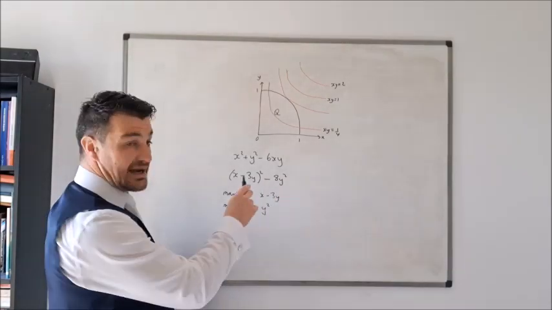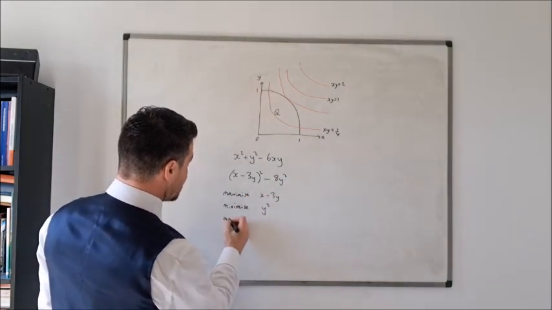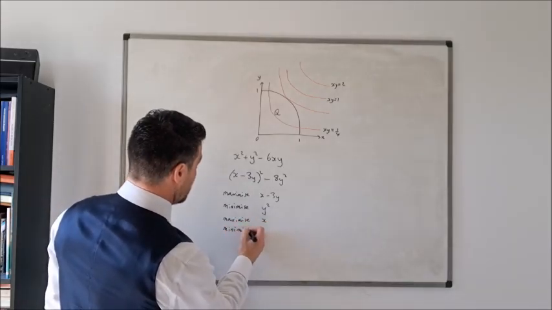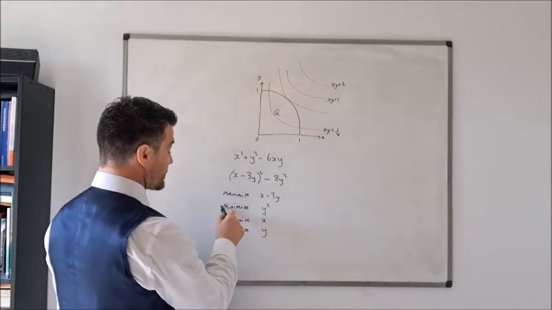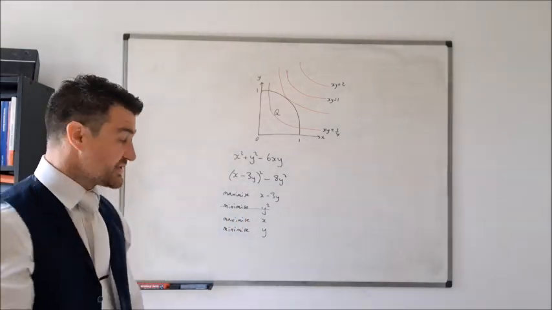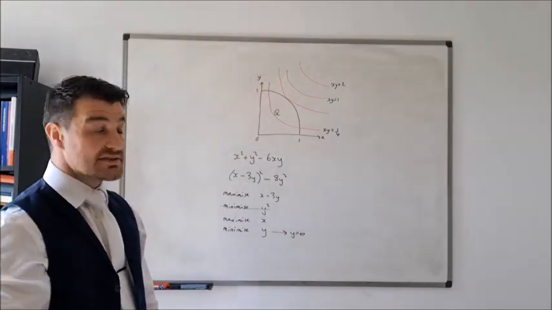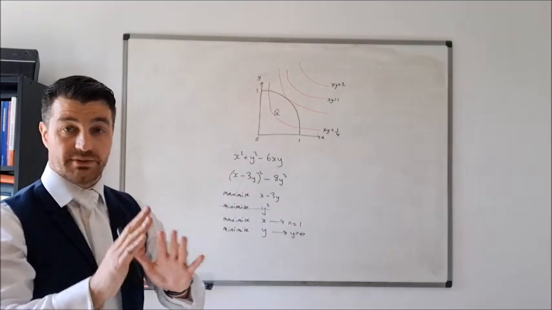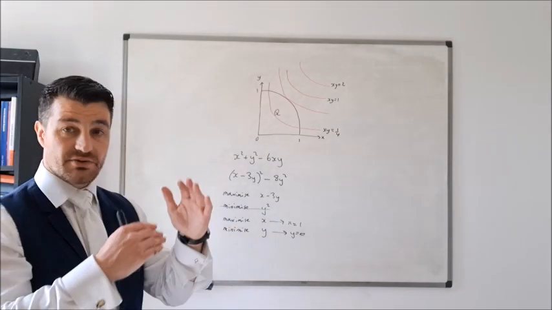Okay, so I want to minimize that I'm subtracting. Well, to maximize x minus 3y, I need to maximize x, and I need to minimize y. Minimizing y is effectively the same as minimizing y squared, because what we'll find is that to minimize y means setting y equal to 0, and to maximize x means to set x equal to 1. So x and y are independent, by the way. They're independent, so this is what makes this work, is that I can deal with the x and the y independently.